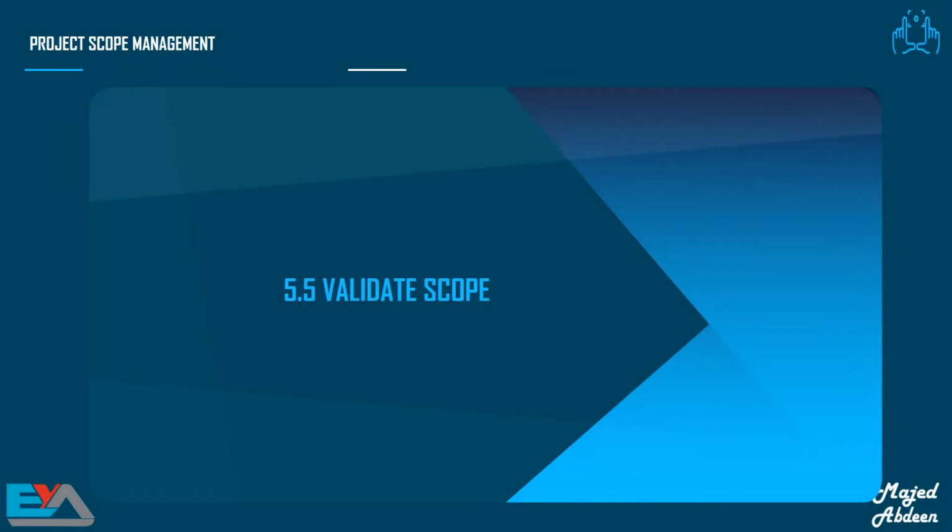Now we move on to the validate scope process. This is when you get the client sign-off. This is often the task that gives your clients the most worry. Some of them think they are signing their lives away when they approve a document or a deliverable. This is a challenge for us. We have to reassure them.